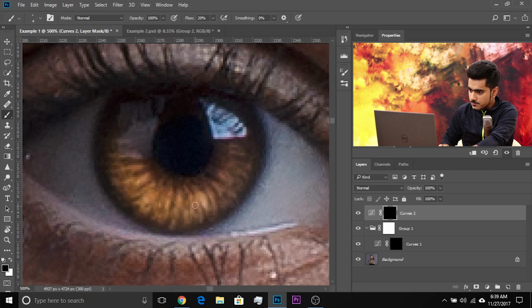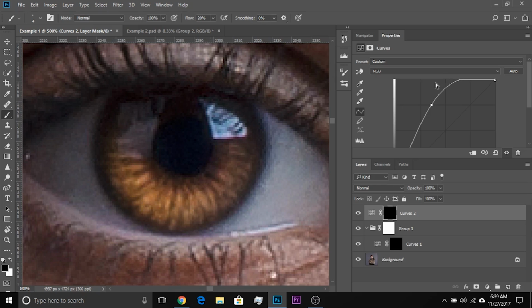Right? Now, you can change the colors. You can change the brightness of these few lines, just a few lines, and then you can go to any other color that you want. If you want to add more yellow, go to blue, and yellow is the opposite of blue, right? So we will decrease the blues to get yellow tint over there. Just a little bit yellow.